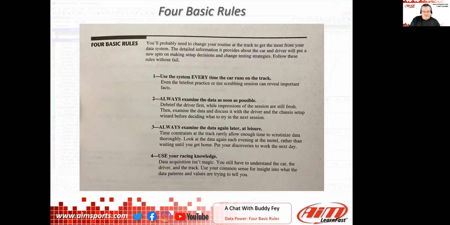I remember one time we were at Homestead in a Mustang, and we were hurting the tires. There were some people that were hurting the tires, including my son, so we put a camera on the outside looking down, and I was shocked. I had no idea what a tire was going through, especially early when it was cold and maybe at a lower pressure than what they might suggest. To watch what that tire did and how close that wheel was coming to the curbs as the tire was rolling around, that camera was valuable for us. We didn't change the setup a ton, but we would say, okay, stay off the curbs for a couple of laps till these tires get some pressure built into them, right?